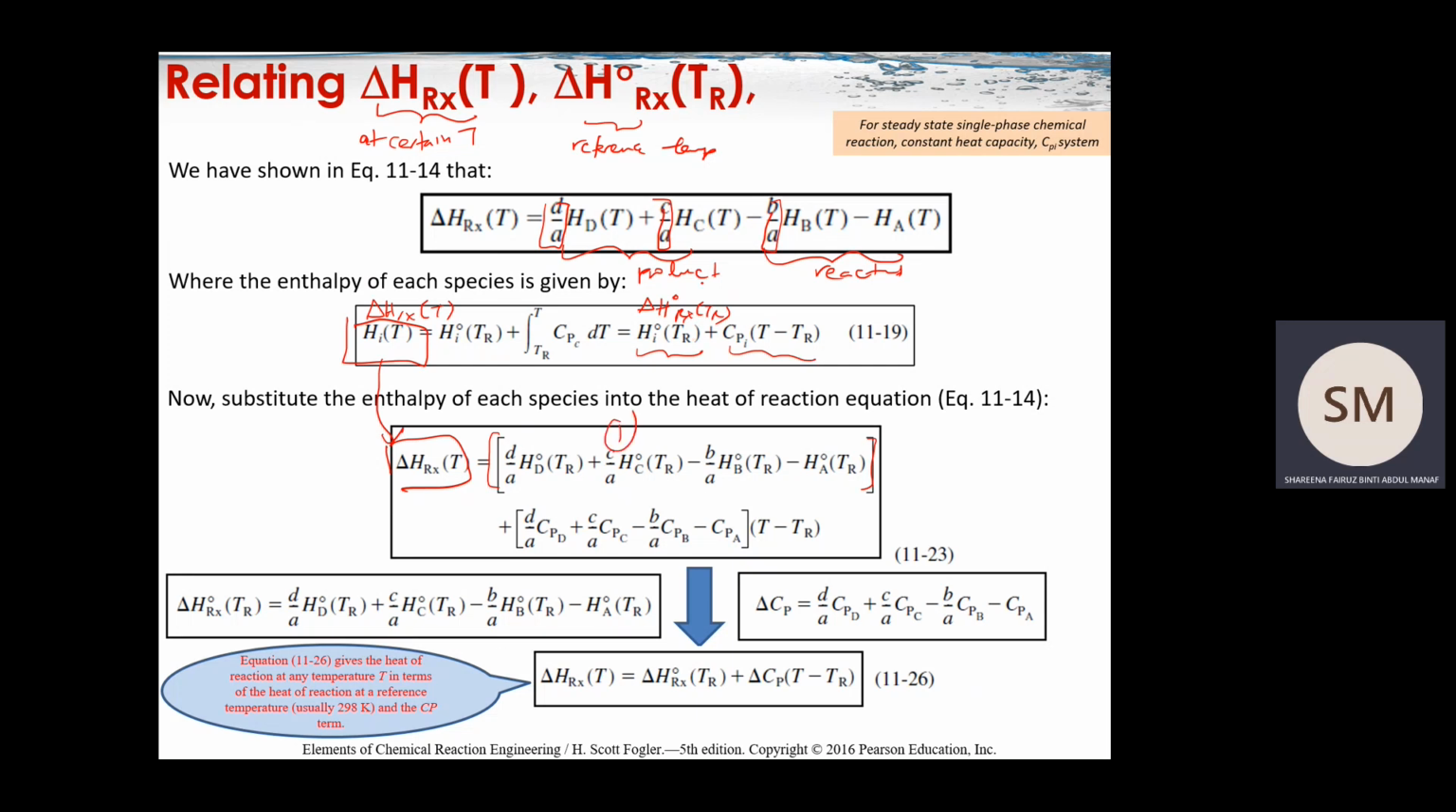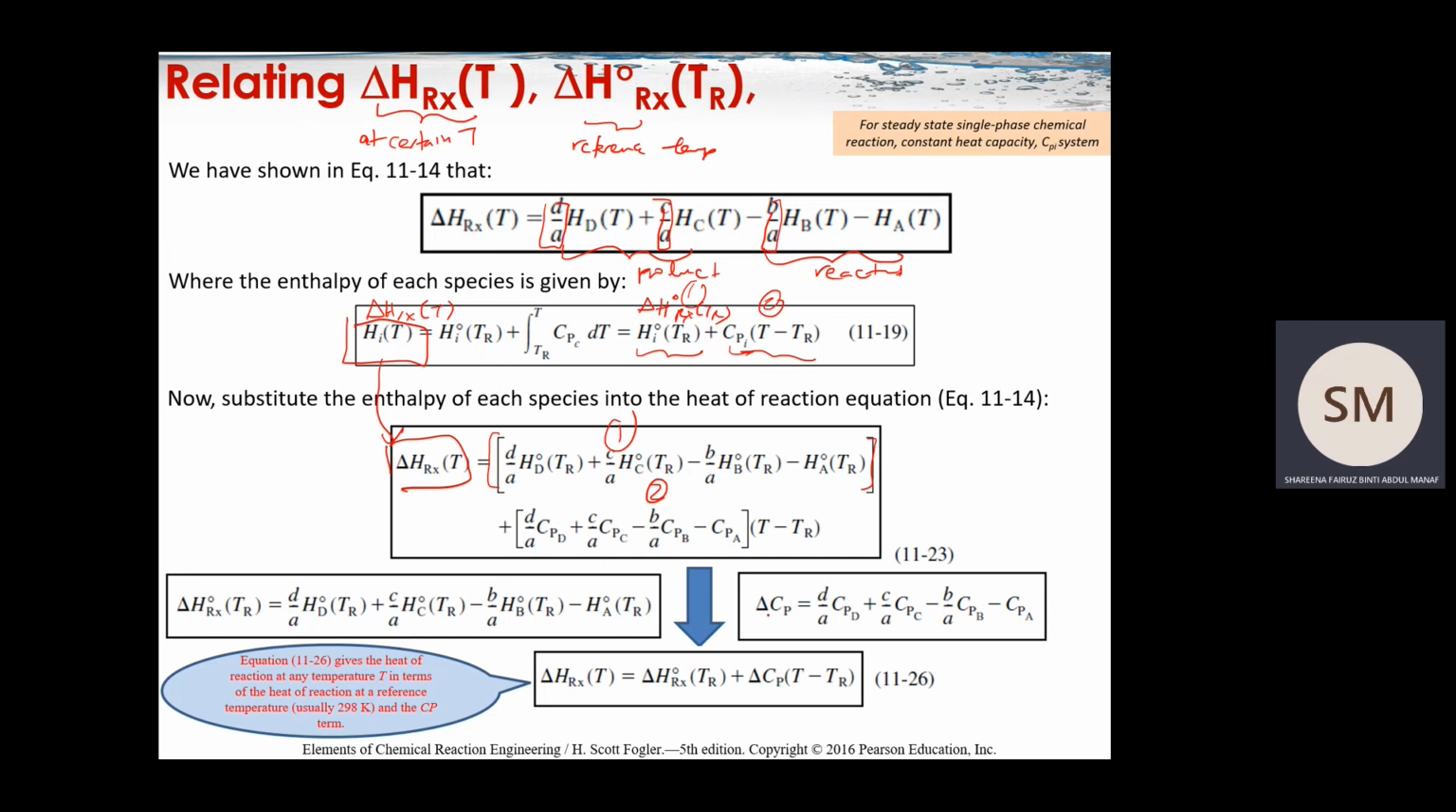Okay, so this is the first one, and this is the second one. The second one you have to expand according to the species. You take the product minus the reactant, times T minus TR. So you have to calculate the heat of reactions, as well as the